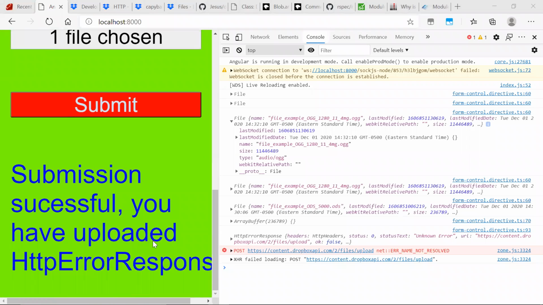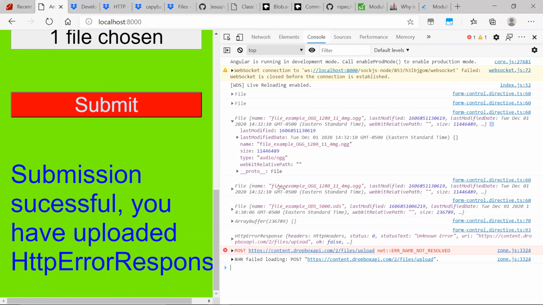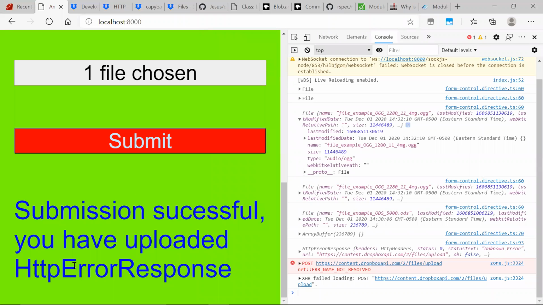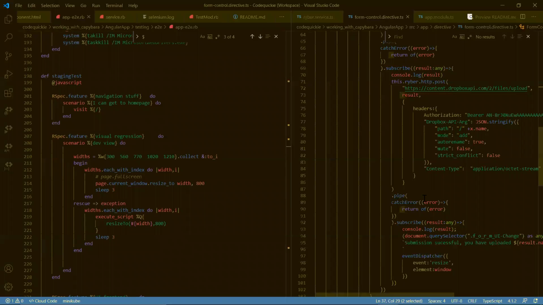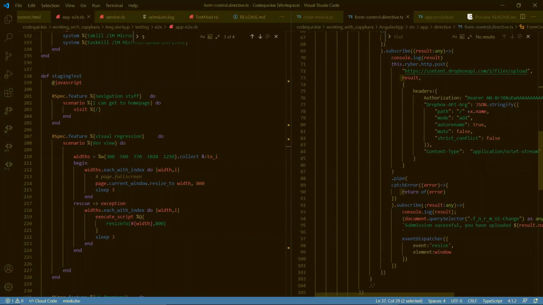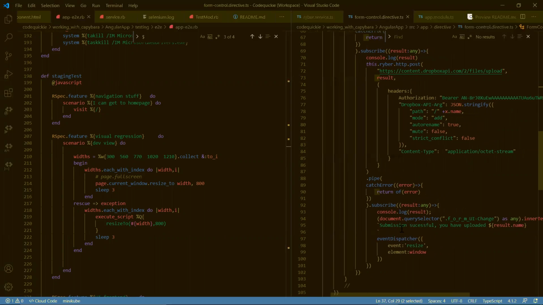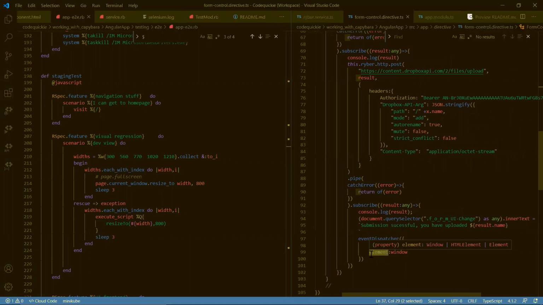So right now you can see from our test that if there's a failure in the upload, we don't want to say "HTTP error response not successful." Because in our Angular code, you can see here, we return that error. When we're supposed to handle the error here, we would actually go ahead and say,